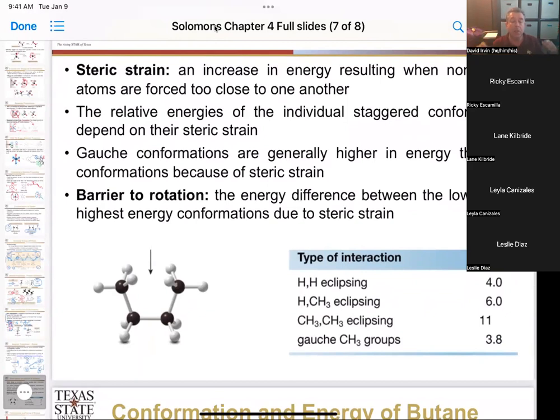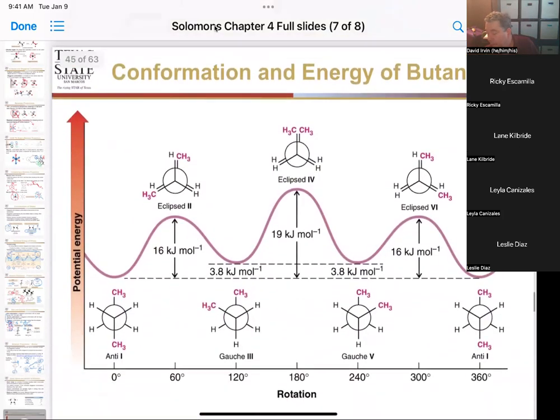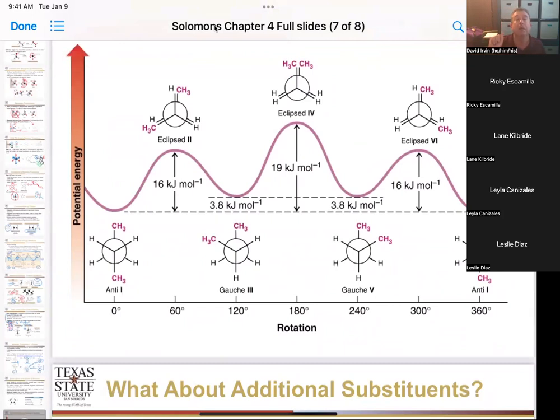So our hydrogens put less steric strain on it than a methyl group, because a methyl group is bigger. Okay, so if we look at the different energy levels of that, we can see that we have a different configuration now. Instead of going from staggered to eclipsed with just hydrogens, where we only saw one energy high and one energy low,